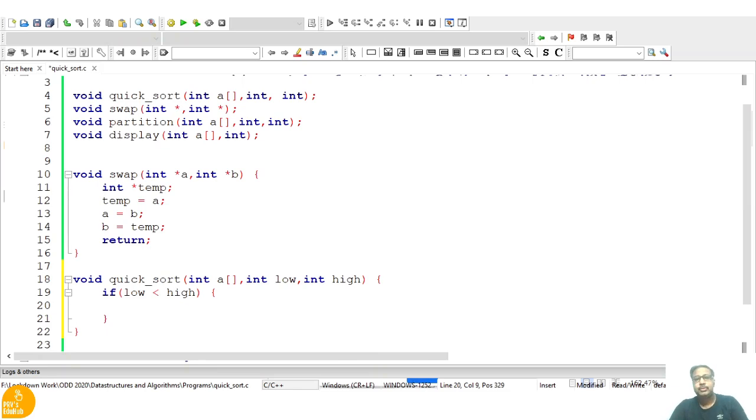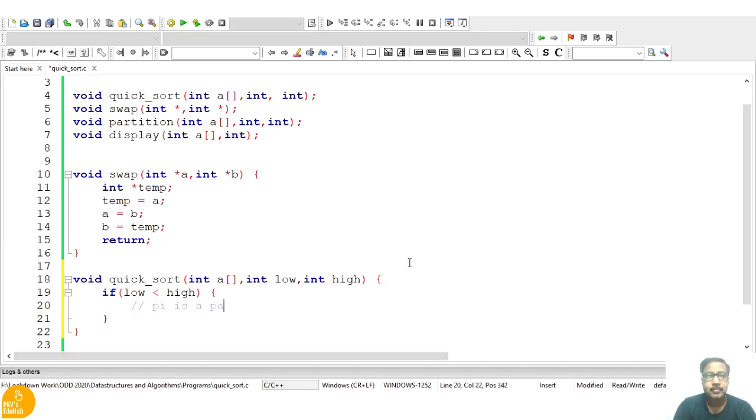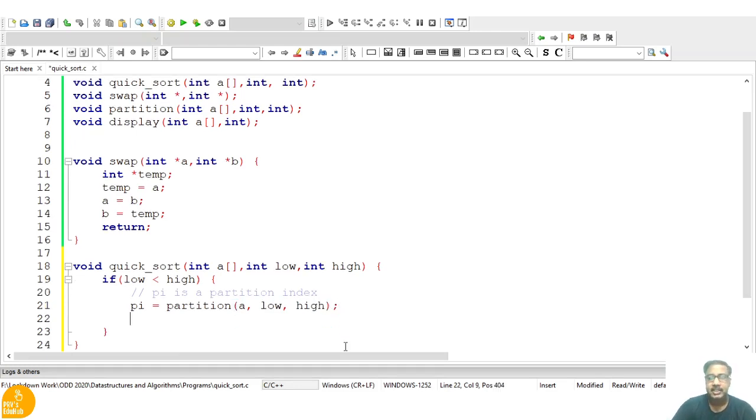So we are supposed to choose a partition index. PI is equal to partition of, and what we are supposed to pass into this? First is the array, and next is low and high. This is the partition we have sent.